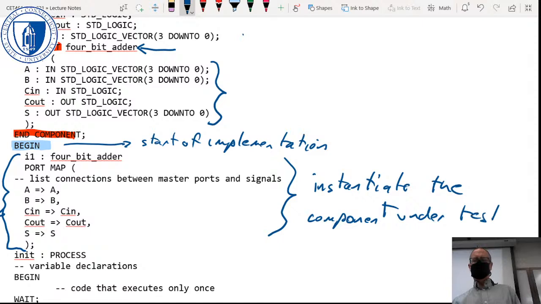So this statement is saying I'm going to create a 4-bit adder. I'm going to call that 4-bit adder I1,